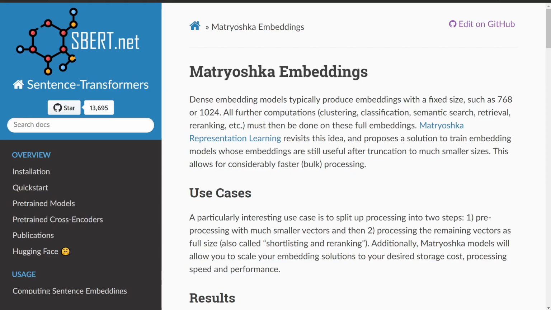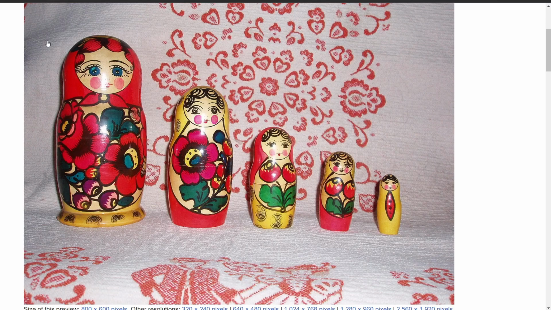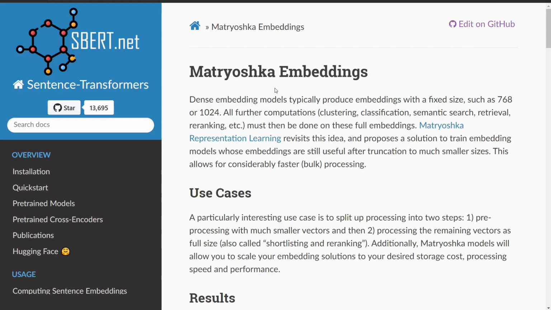So basically, what Matryoshka actually means is a kind of a Russian doll. Here's the full picture of the doll. Inside every big doll, there will be a smaller one, and in turn, there will again be a smaller one, and so on. So the idea here with these Matryoshka embeddings is that it allows more flexibility when you are